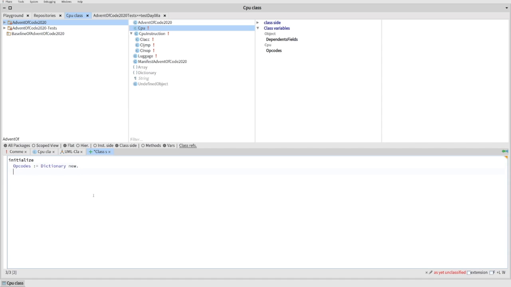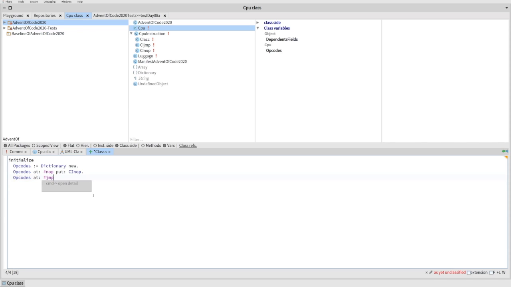Then we'll set opcodes at NOP, put CI NOP. So what I'm doing is making a dictionary that maps the keywords into the various classes. So opcodes at